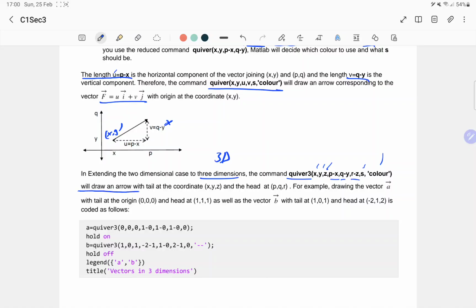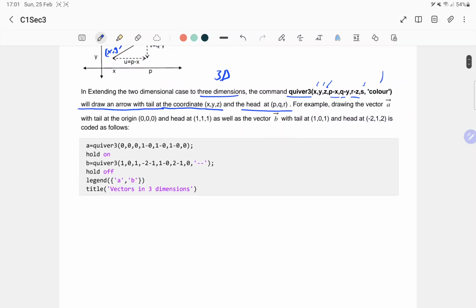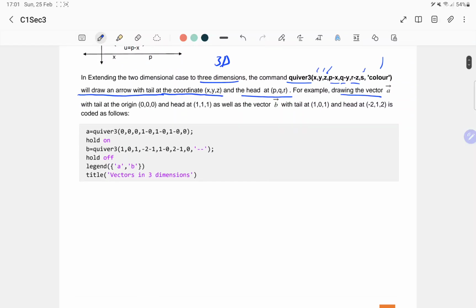This will draw an arrow with tail at the coordinates x, y, z, and the head at p, q, r. For example, drawing the vector a with tail at the origin 0, 0, 0, and head at 1, 1, 1, as well as the vector b with tail at 1, 0, 1, and head at minus 2, 1, 2,